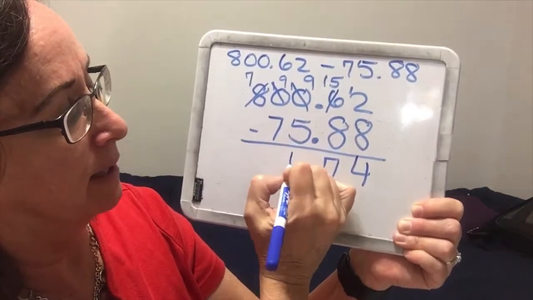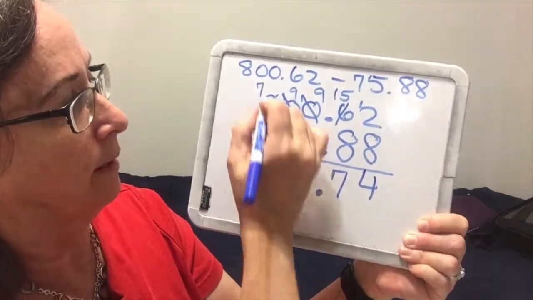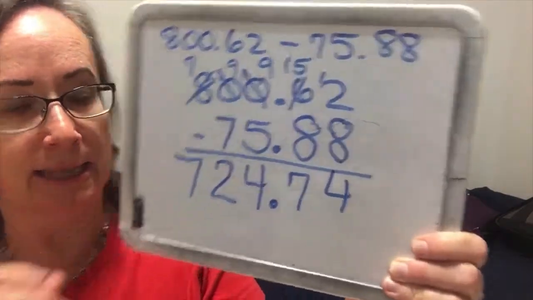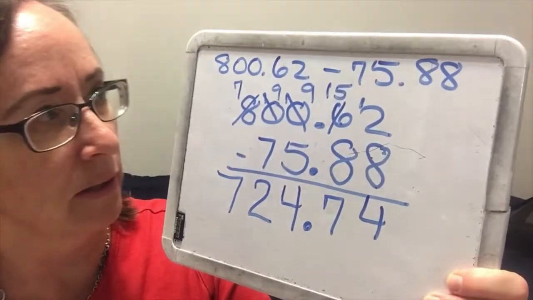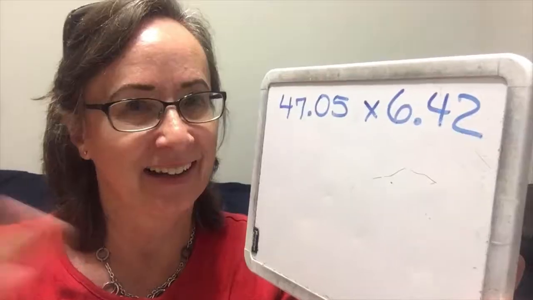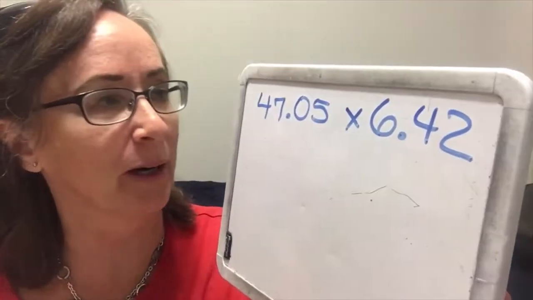9, take away 5 is 4. 9, take away 7 is 2. And then just bring down the 7. And 724 and 74 hundredths. That's our subtraction of decimals. We're on the last 4 practice problems, and then you can go do your homework. We have